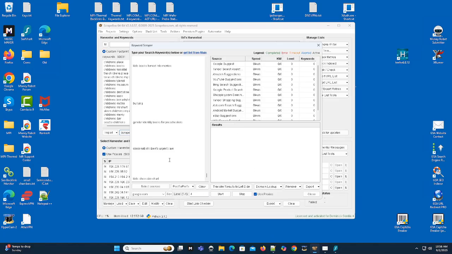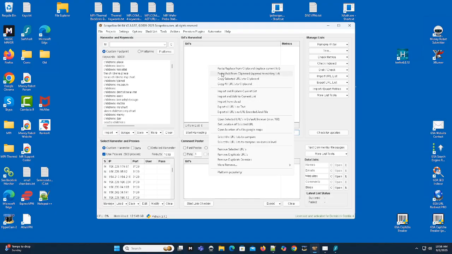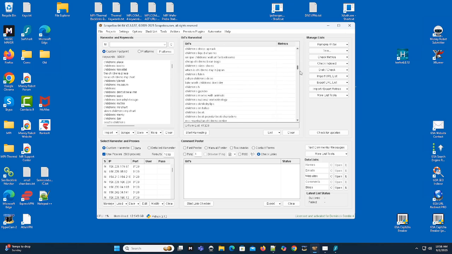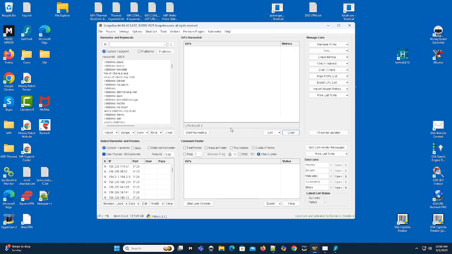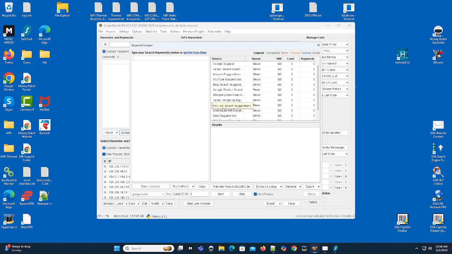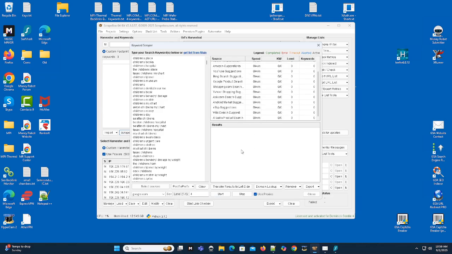But generally, what I do is I import them into here first. So if I were to take this, and see what that does? Tightens that up. So now if I copy all selected, or copy all URLs to clipboard, go to the keyword scraper, paste it in. See, I don't have those gaps anymore. In any case, I'll let this run Google, 4 levels, and let this run about 24 hours, or even sometimes a little longer, and you'll see all your data fill up and bada bing, bada boom,